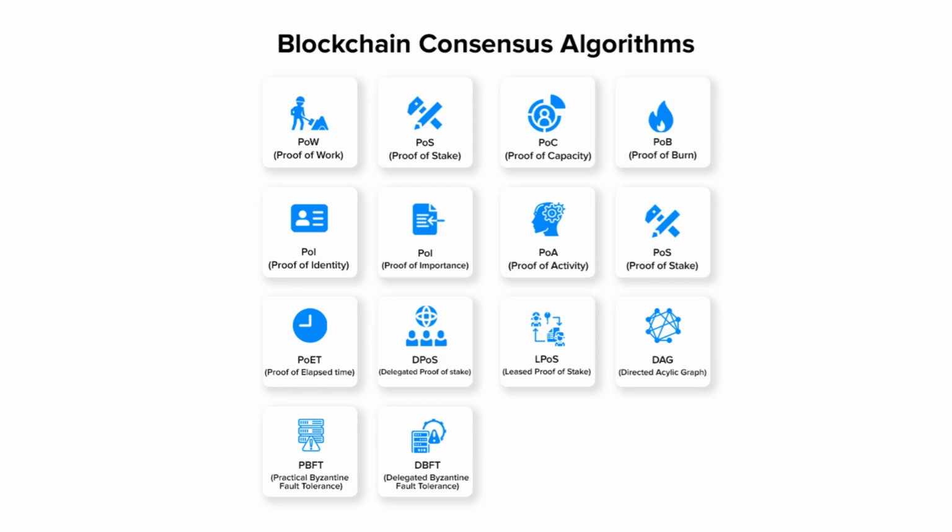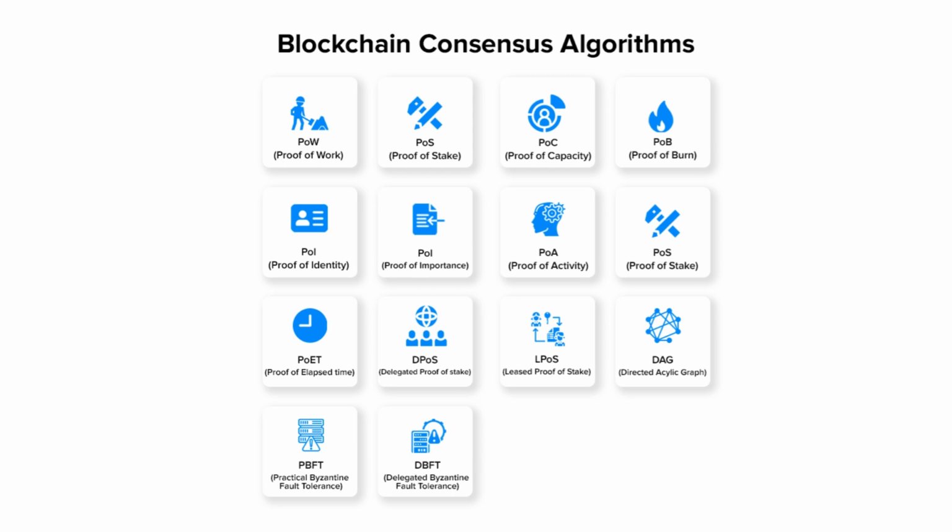tolerance. Proof of work (POW) is a consensus mechanism used by Bitcoin and involves solving complex mathematical puzzles. Miners compete to solve these puzzles, and the first to do so gets the right to add a new block to the blockchain and receive a reward. Proof of work provides high security but is energy intensive and can lead to slower transaction times as network